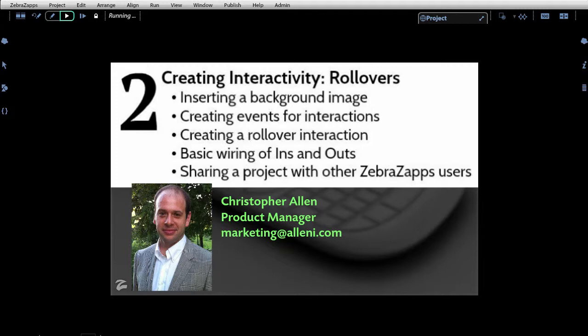So just a quick agenda. We're going to work on inserting a background image and specifically working with master pages in ZebraZapps. We'll create a few events. And then we'll start building some interactivity. We'll get into the ins and outs of ZebraZapps message centers and how to create some of our first wired